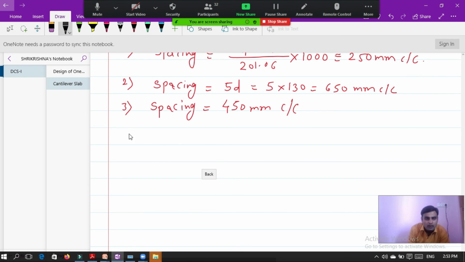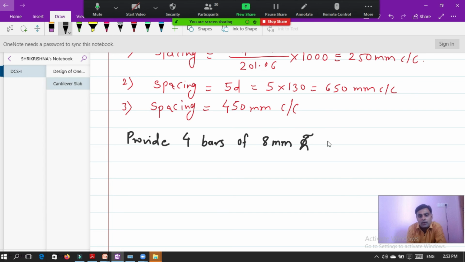So here I can write: provide 4 bars of 8 mm diameter about 250 mm center to center.